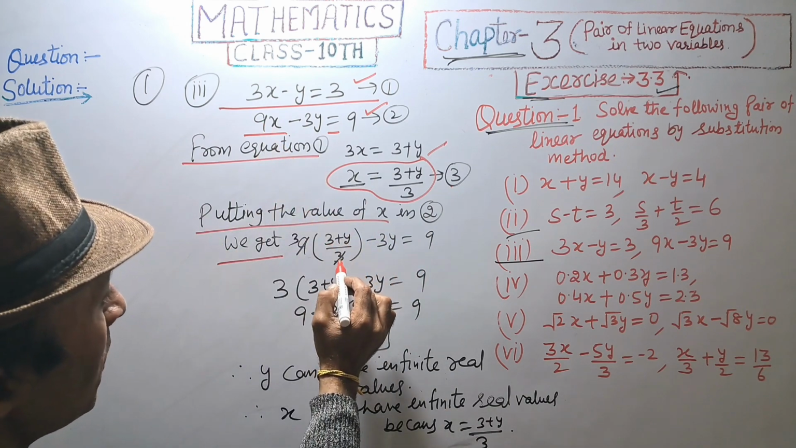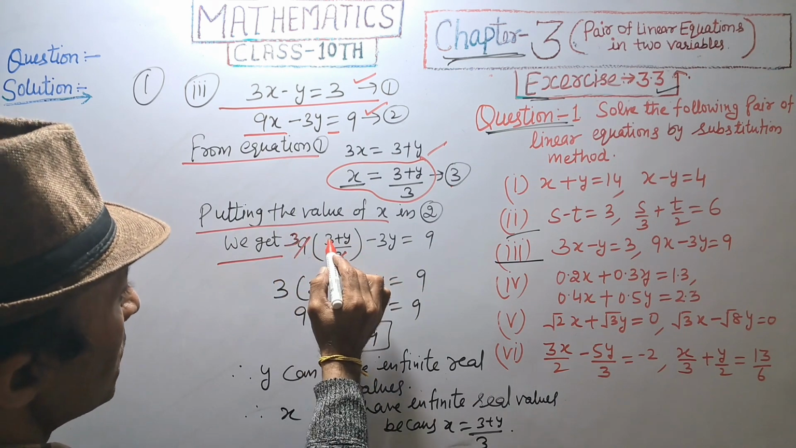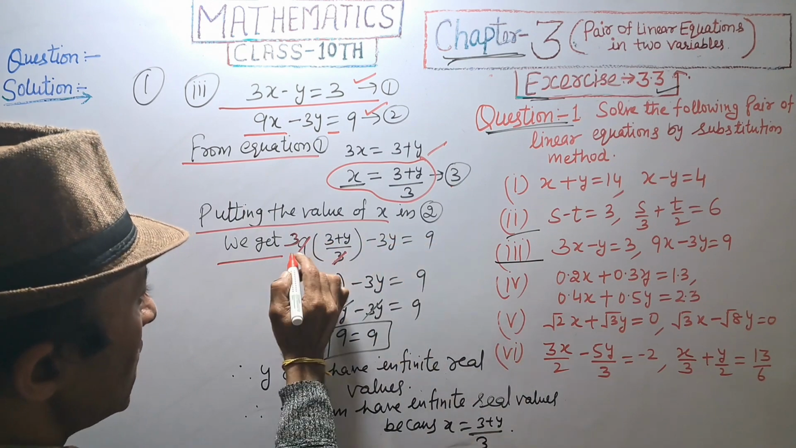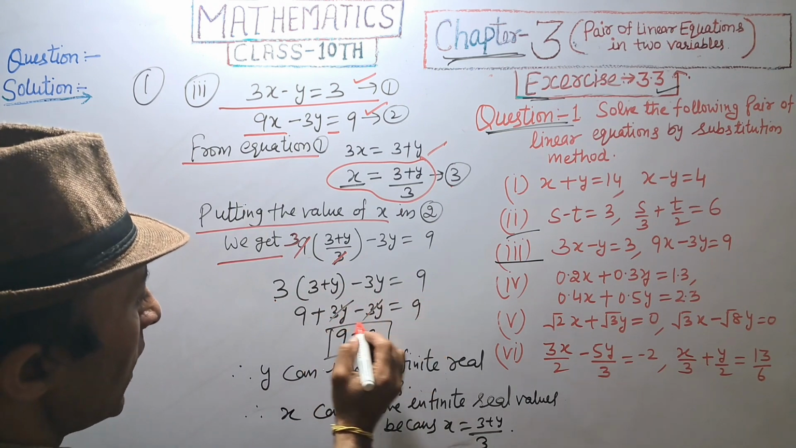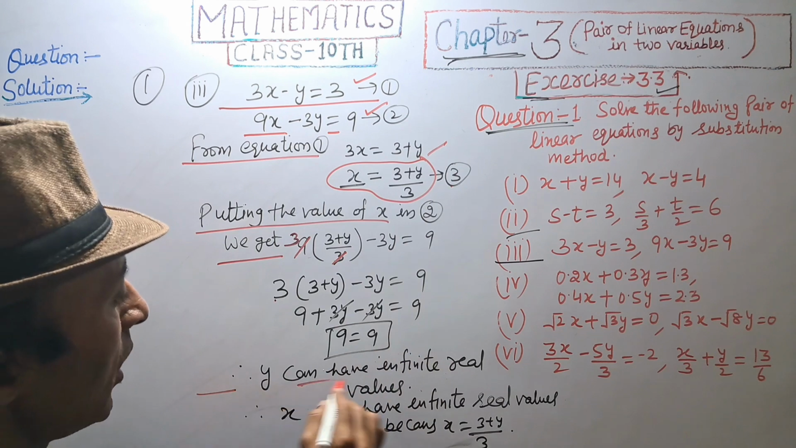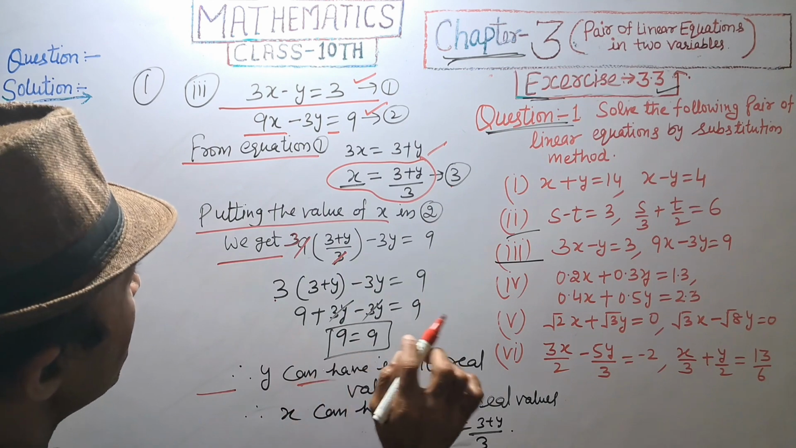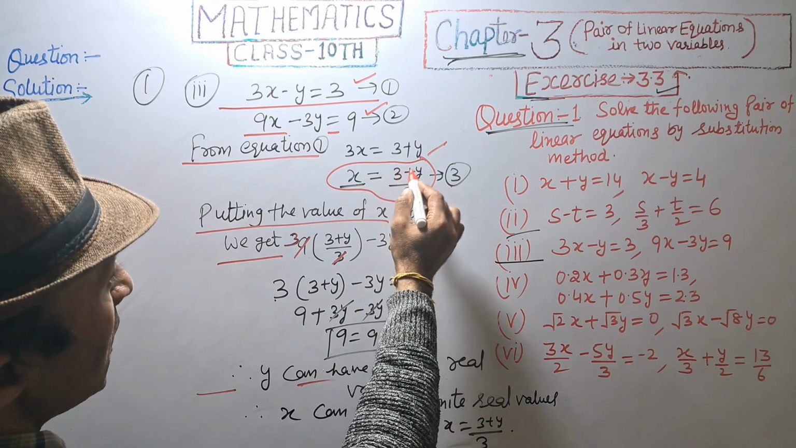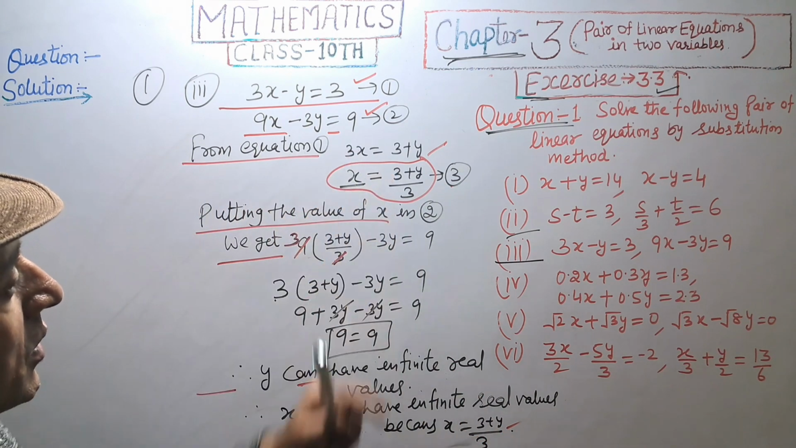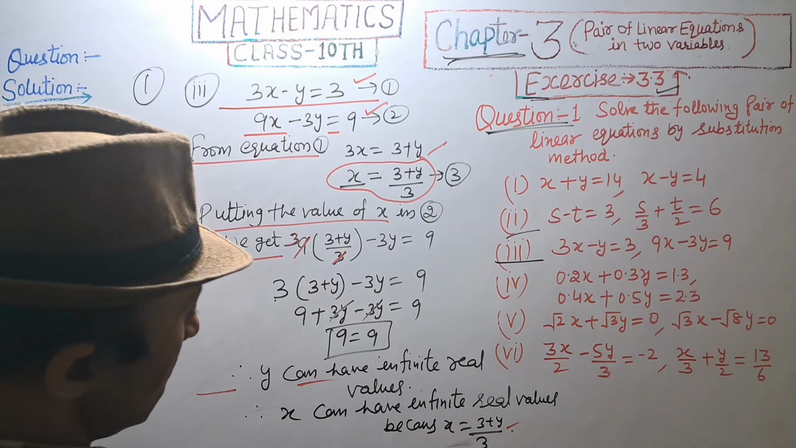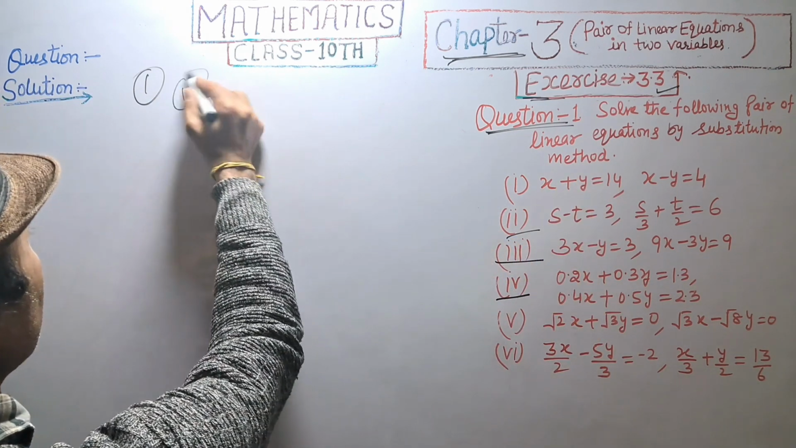9 into (3 plus y) upon 3. 9 divided by 3, 3 3s are 9. 3 plus y minus 3y equal to 9. 3 3s are 9, and 3 into y, that is 3y minus 3y is equal to 9. 9 equal to 9. So we can say that y can have infinite real values and x can have infinite real values. X equal to (3 plus y) upon 3. Answer. Question first, fourth part, given